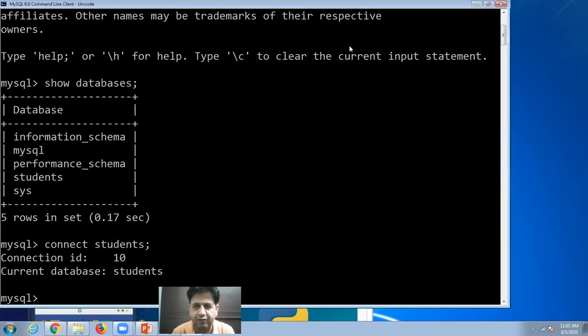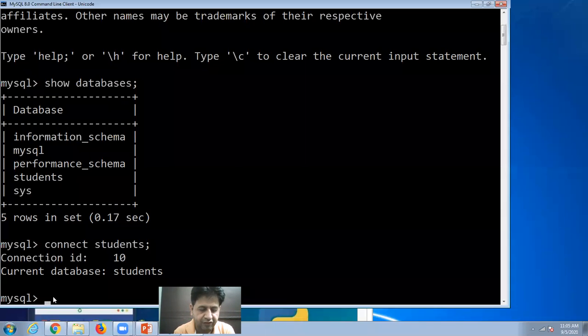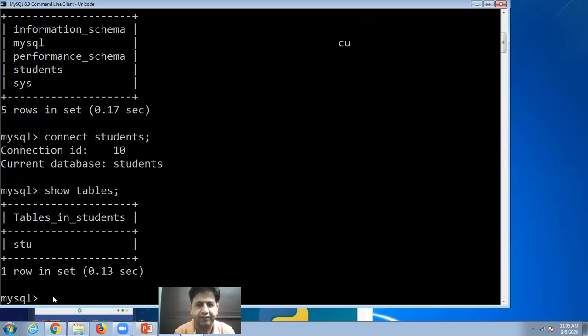Now in case you want to display the list of tables, use show tables, then semicolon. Look at here, there is only one table in my students database.